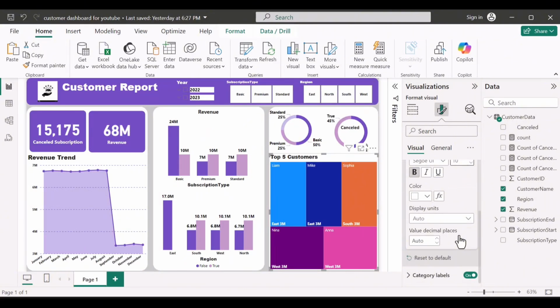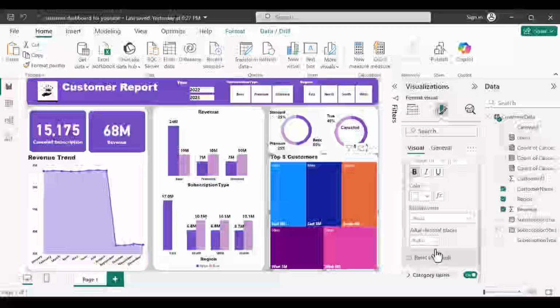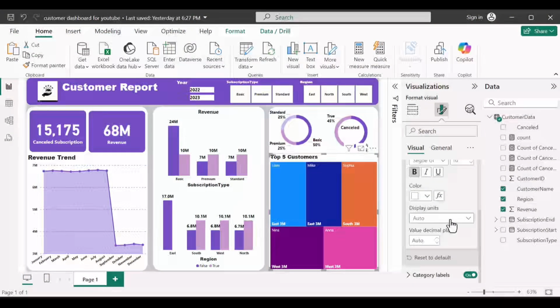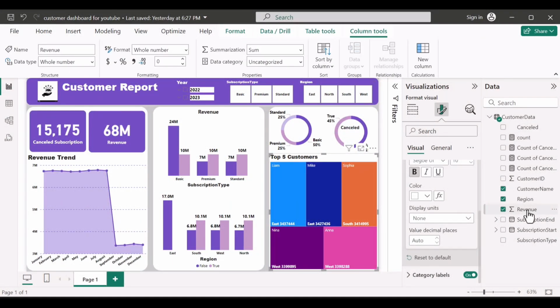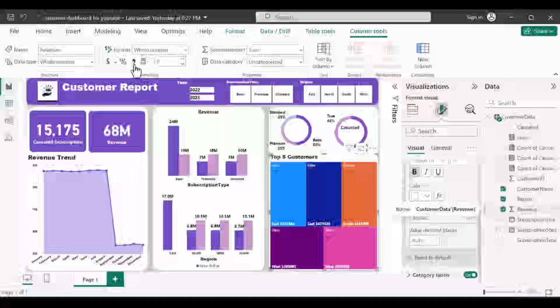Everything is showing 3 million, so we can just change the display unit to like 1000. It will still actually show 3000, so I think we should just change the display unit to none, so we'll know the amount each person actually brought into the business. We can add commas to the visuals so it doesn't stir up any confusion with interpreting the revenue they brought